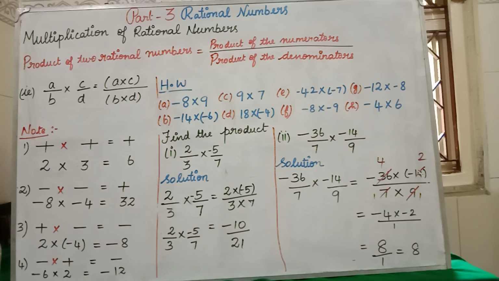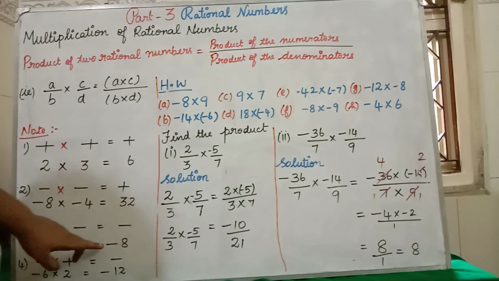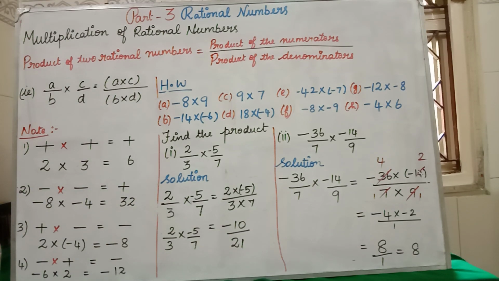Clear all of you? Now plus minus means immediately minus. 2 4s are 8, so you have to put the minus sign. Clear all of you? Here in multiplication you need not see the greater number or smaller number, nothing. If one is plus and the other is minus, you have to directly put minus. If minus plus, you have to put minus again. If both are minus, you have to put positive. Clear? Here minus into plus means minus. Minus 6 into 12 is minus 12. Clear all of you?